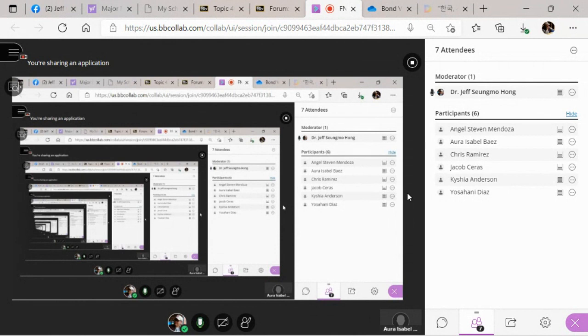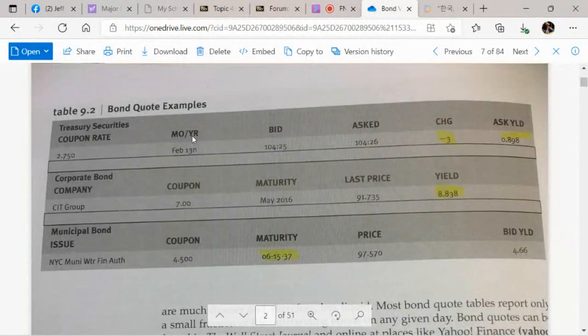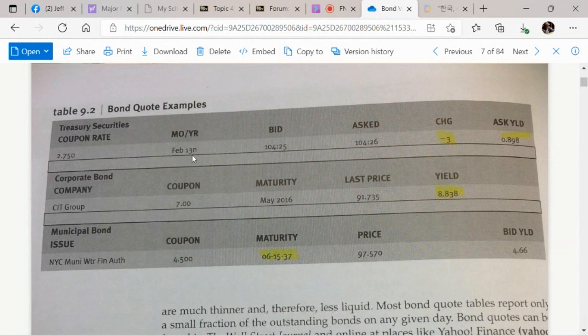So now we see, right? Let's take a look at the second column. The second column for corporate bonds and municipal bonds is the coupon rate. But the coupon rate for treasury is in the first column, and in the second column they gave the maturity. The maturity is February 2013. For the corporate bond, maturity is May of 2016. Municipal bonds, June 15 of 2037. And municipal bonds are generally all long-term. There is no short-term municipal bond,